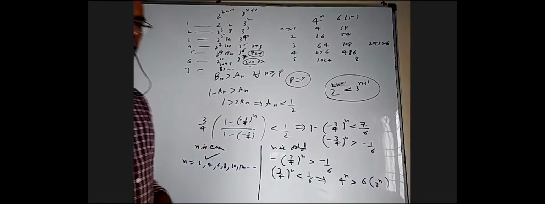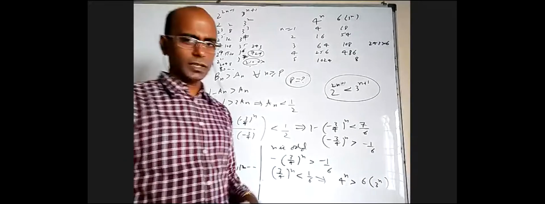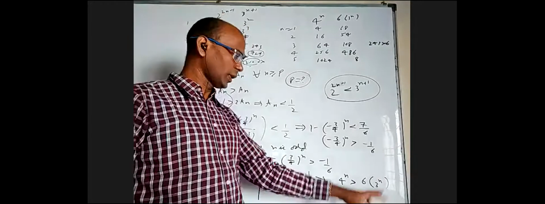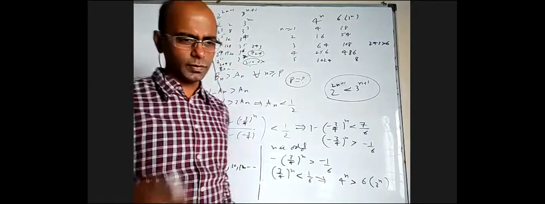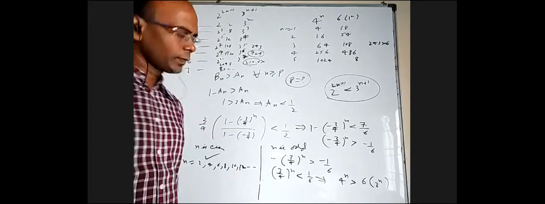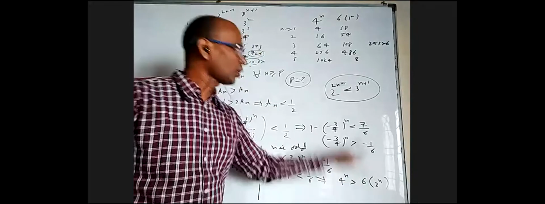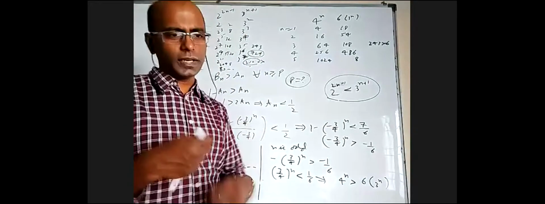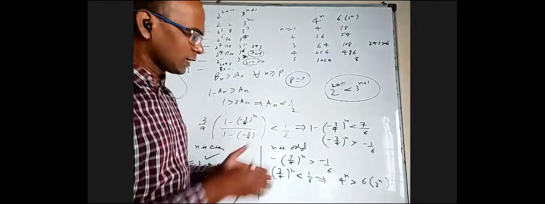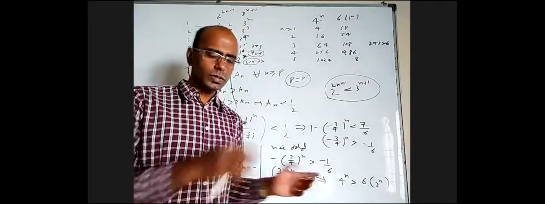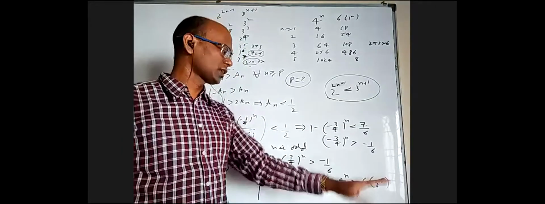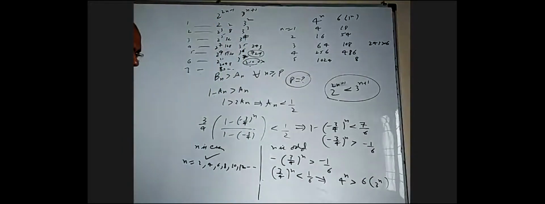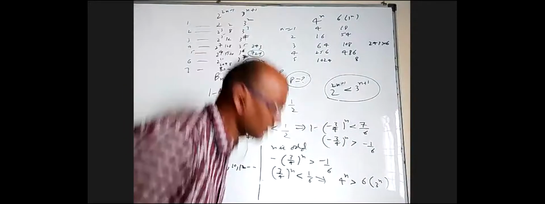Yeah. So basically it is trial and error. Either apply log, and you will get n should be greater than something, and you know the values. If not, you have to do trial and error for this or for this, where you keep on putting n equal to 1, 2, 3, 4 till sometime the reverse inequality is true. There's a number after which this inequality is true. So you are getting n should be greater than or equal to 7 here for this.